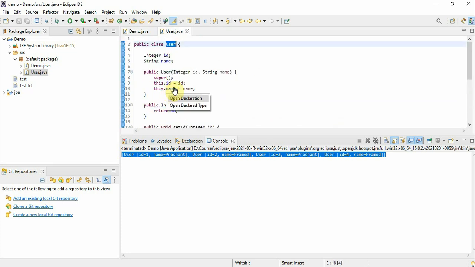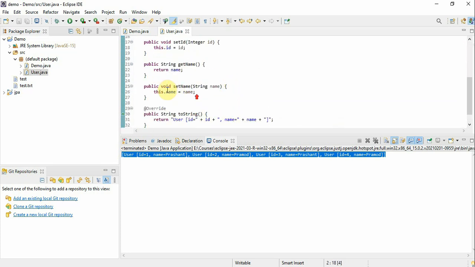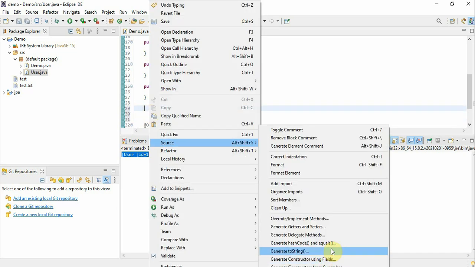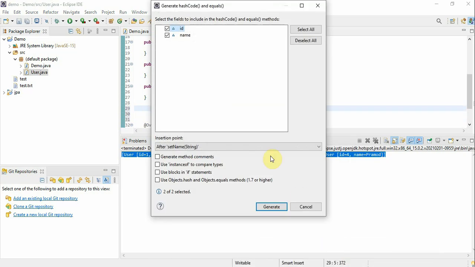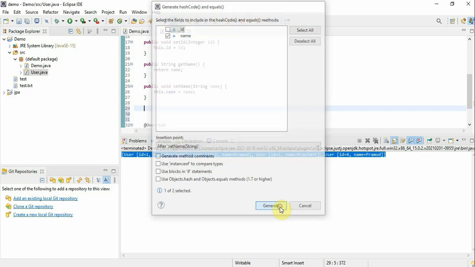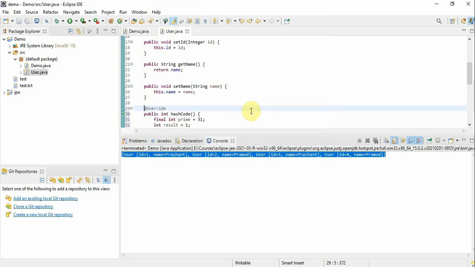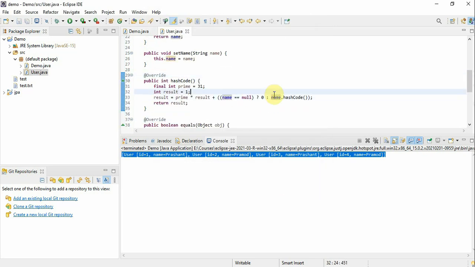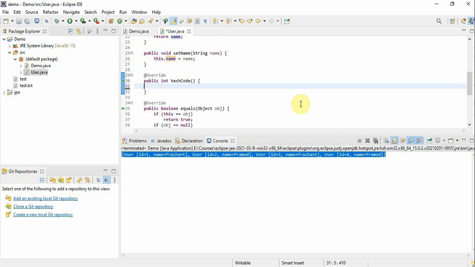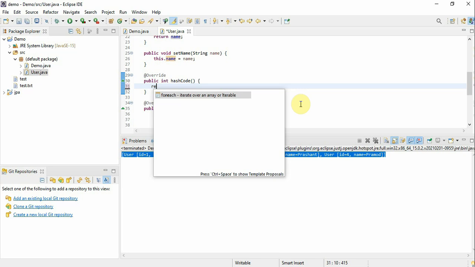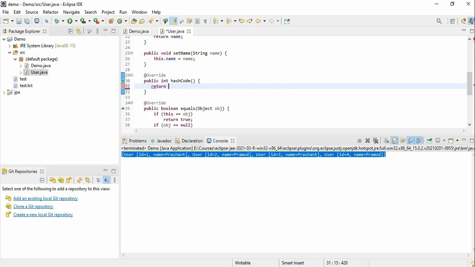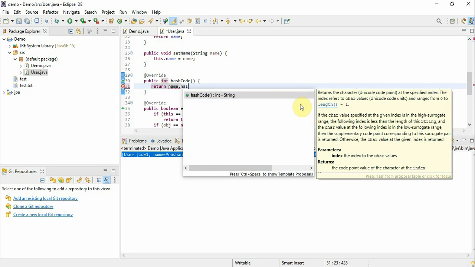For this, let's open user class, and in that class create a hash code and equals method. Generate hash code and equals method for name. We have to check duplicates by the name. That's why we have to override hash code and equals method. Instead of this auto generated code, you can use directly return name dot hash code,